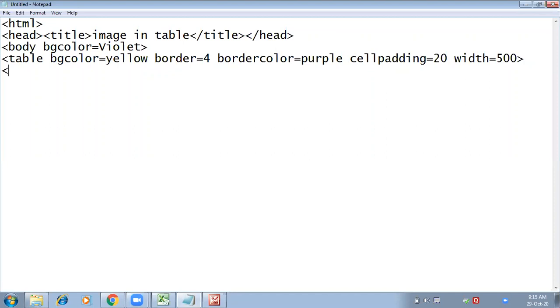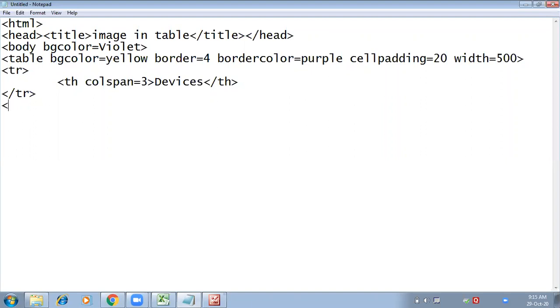Next is now we are starting the first row. So in the first row, we have to merge three different cells. So in the TH, because this is a heading also, so instead of TD, we will use TH tag. And here we will write, because we have to merge columns, so we will write colspan equals to 3. Then you will write whatever the content you want to write. Devices, close TH tag. Now first row is complete, so we will close the TR tag.